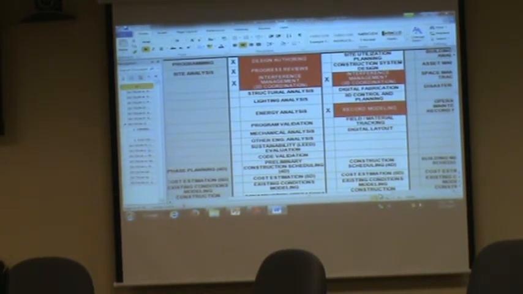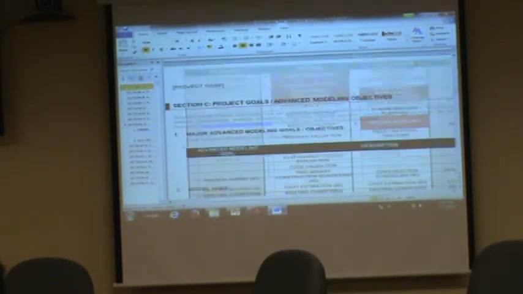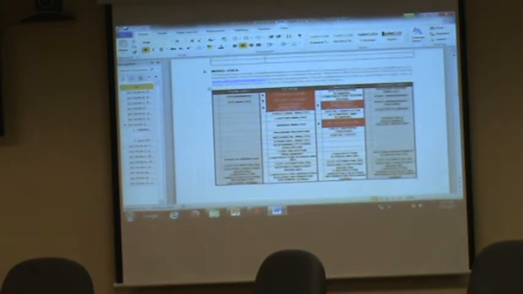My advice to you when it comes to this part of the document is, this is your differentiator when you go to get work. The more you check the boxes here, the more you show that your team is doing, the more the Corps likes to see that. Because they know that you're pushing the boundaries, that you're using the model for more than just a contract document generator.